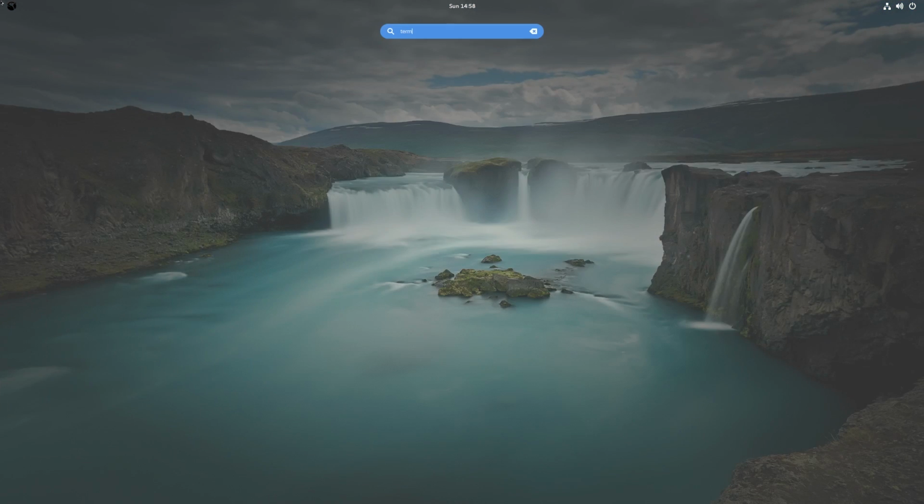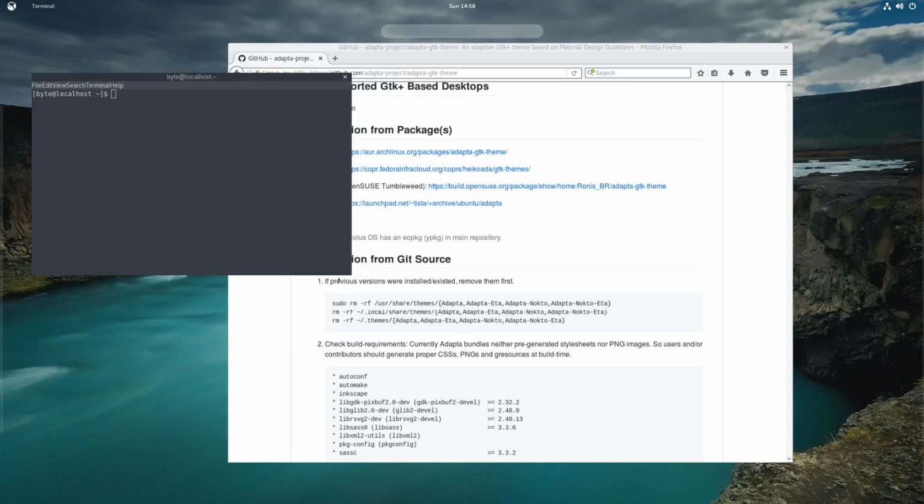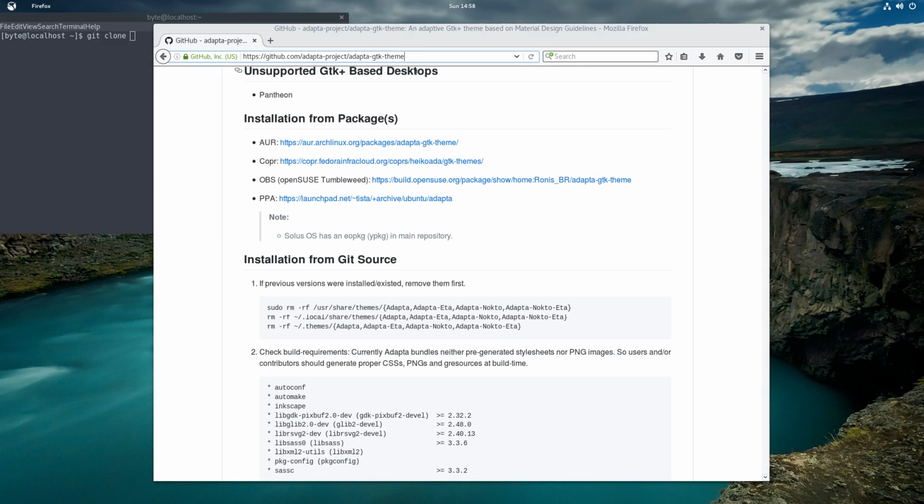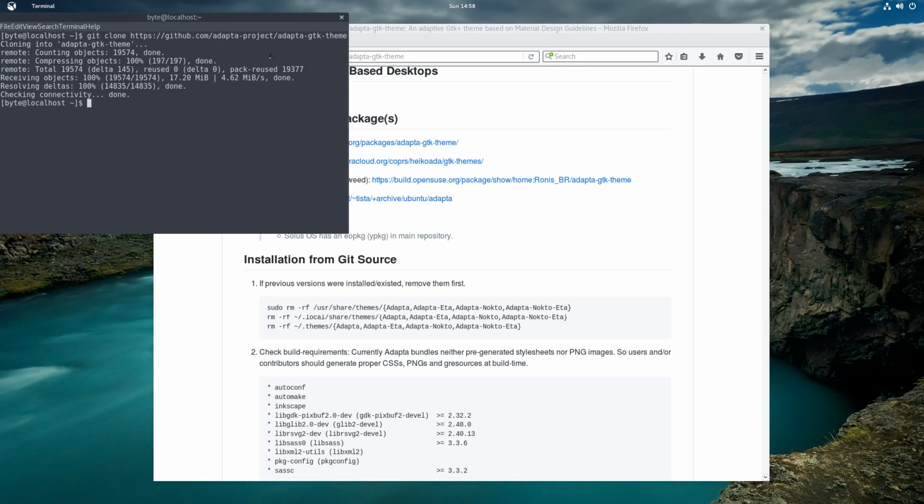So what you can do is go to your terminal and run git clone and the name of the URL, and then you can cd or change directory into the name of the theme. In this case, it is Adapta GTK theme,